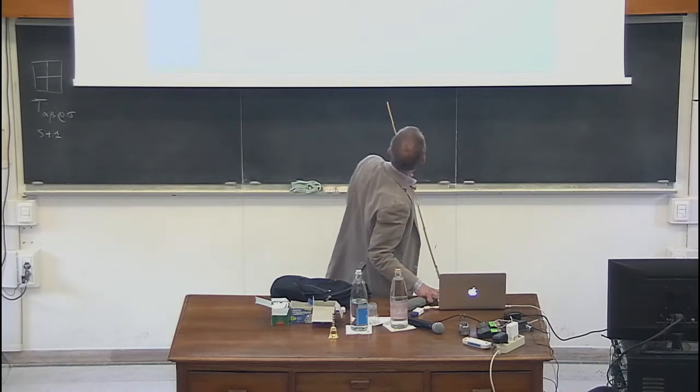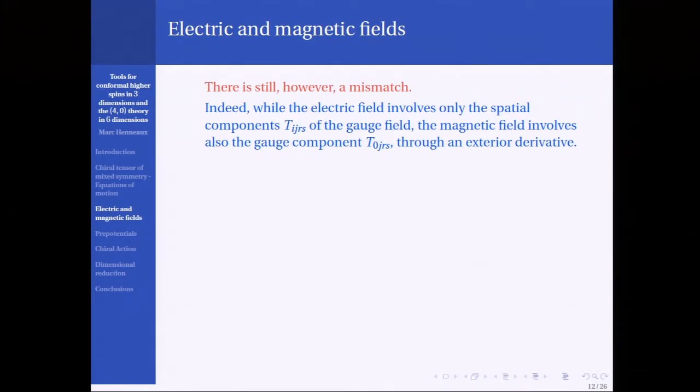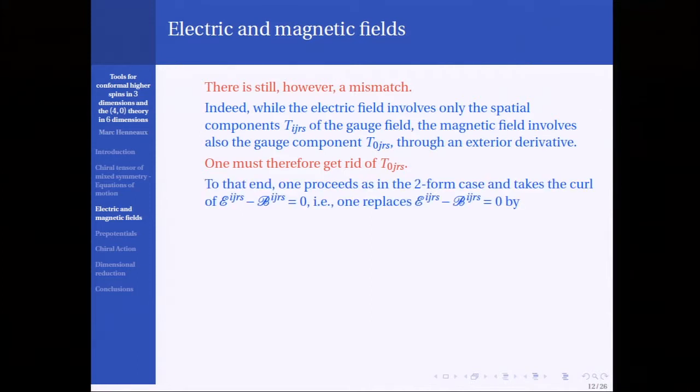So we would like to replace the equations above by equations that do not involve these gauge components. And the way to do that, because these gauge components appear through a gradient, or through an exterior derivative to be more precise, is to take an extra exterior derivative. So the way to get rid of that is to replace that equation by its curl. Of course you have to believe me here, but if you look at the formula, you find that indeed the way these gauge components appear here is killed when you take an exterior derivative on ijk.